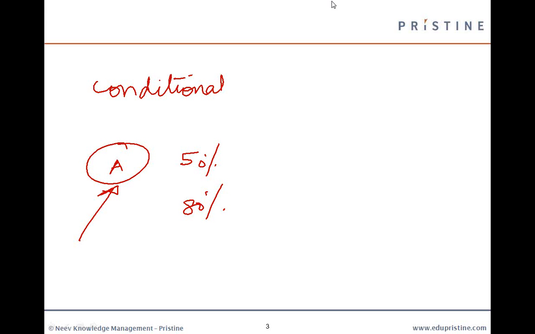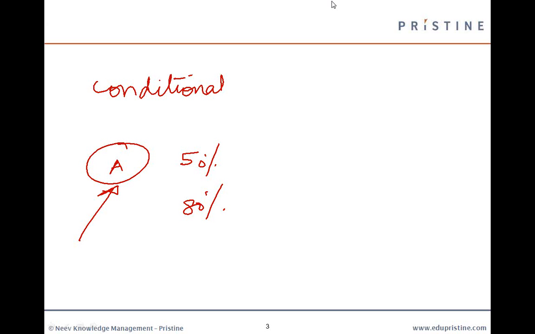So what is the difference between this and this? In the previous case, the probability that India beats England was without any condition. So we say that is unconditional probability. The second case is the probability that India beats England given a condition that rain has already occurred. Please note, the condition is not uncertain. The condition has already occurred. Rain has already occurred in the match, or I have already leaked the question paper in my previous example. So the condition by itself is not a random event.